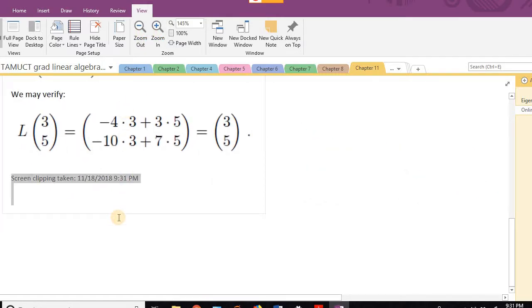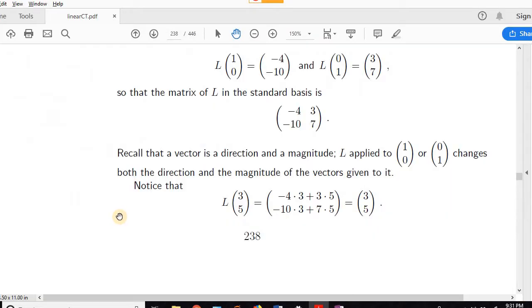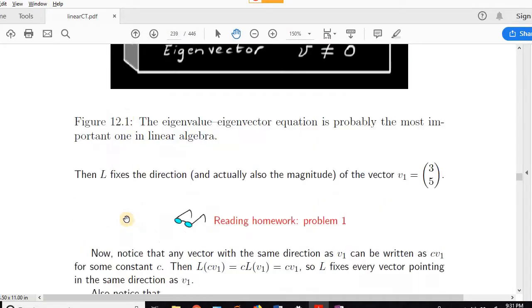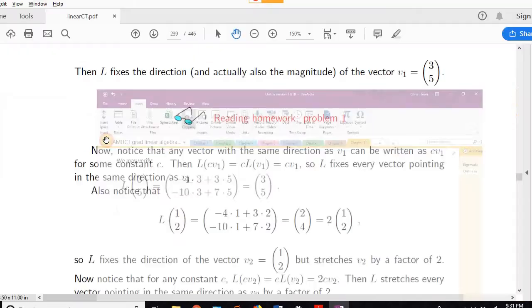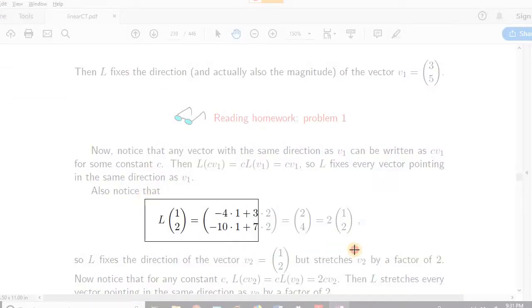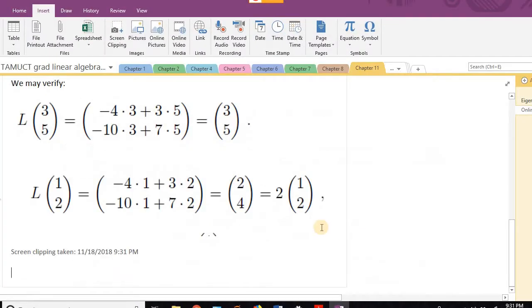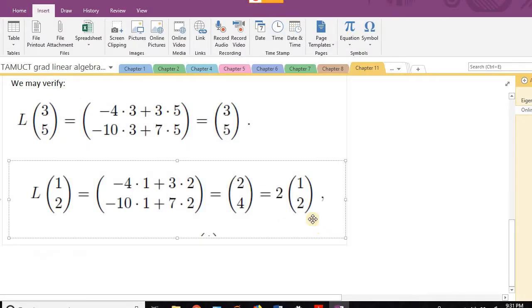We also have the other one here, which I'll screenshot. All right, so we have two things here. We have L of (3, 5) equals (3, 5), and L of (1, 2) equals 2 times (1, 2). So let me just say,